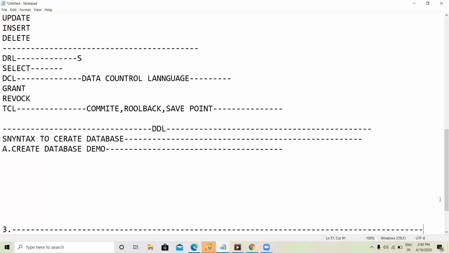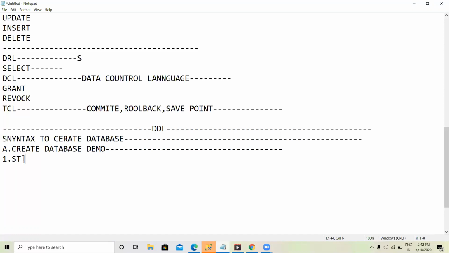Let us discuss in detail one by one. I just mentioned system defined database and user defined database.